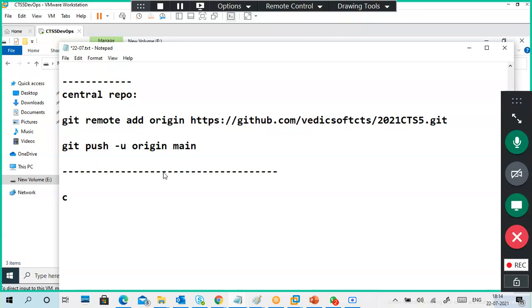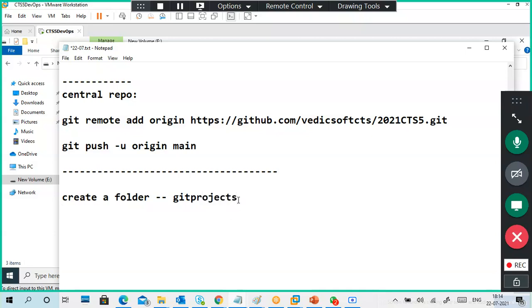First, create a folder somewhere, on the C drive or elsewhere. I'm creating a folder named git pull, or git projects.